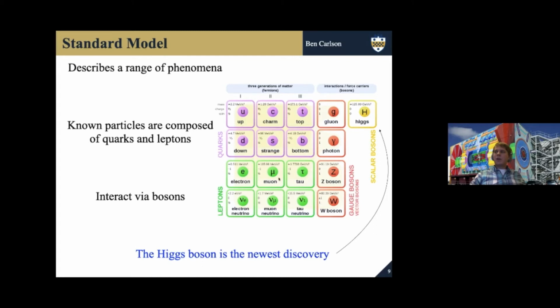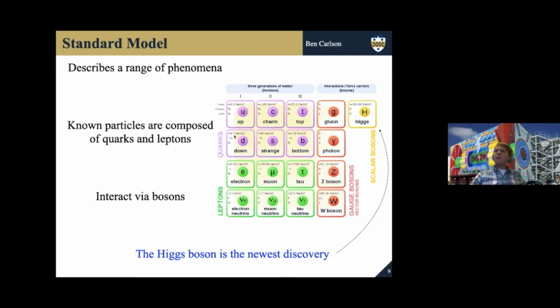There are also heavier versions of leptons, such as electrons, muons, and taus. And then there are neutrinos. The neutrinos only interact electroweakly, and so they only interact with the W and Z boson. Now, the Higgs boson is the newest discovery of the Standard Model, and it's relatively new, and it plays a